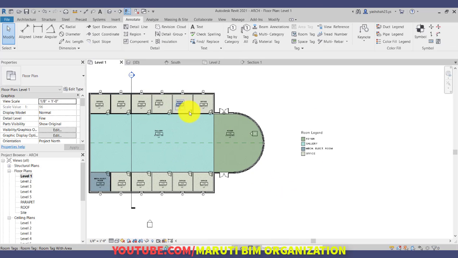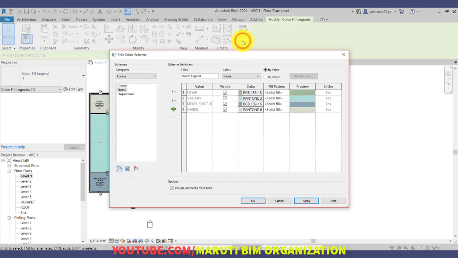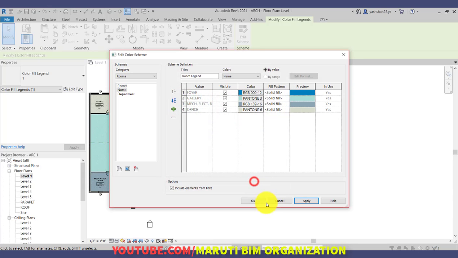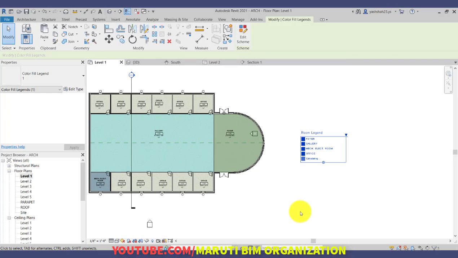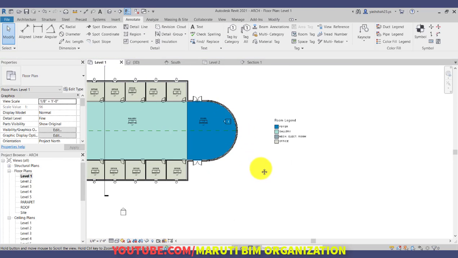Now if you want to edit this color scheme, you can select the room legend and click on edit scheme, and from here you will be able to choose different colors. Let's say I want to choose the light color and click OK in the foyer. As you can see in the foyer, the light color has been applied.